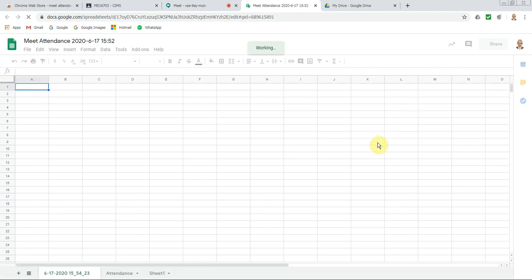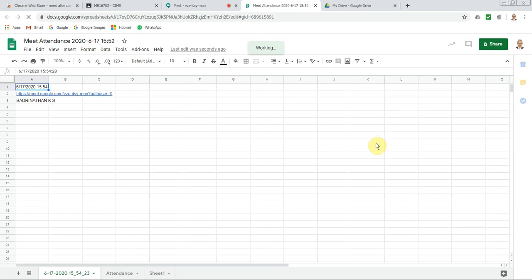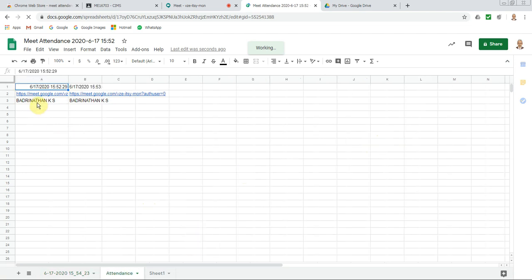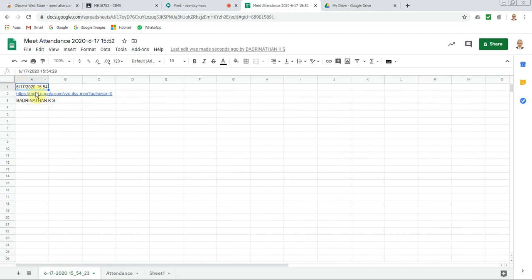Of course, it takes some time, depending upon your internet speed. If you have a good internet connection, then it will generate. So this attendance tab is what was created by default, where you took two instances of attendance. Now we added one more sheet here, and here you have this attendance. This way, for every day you can have one sheet, and automatically this date and time is coming here. Maybe this alone you can rename it. So this is the second way of taking attendance.